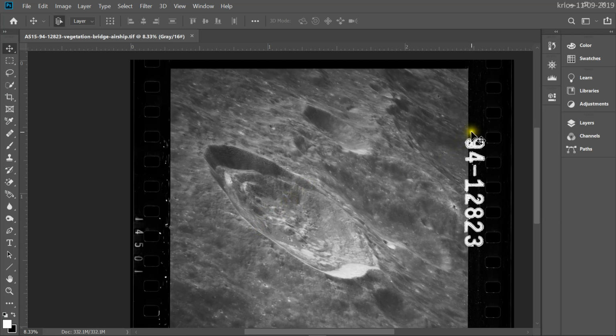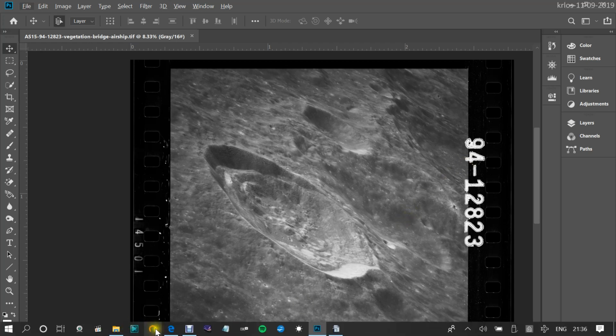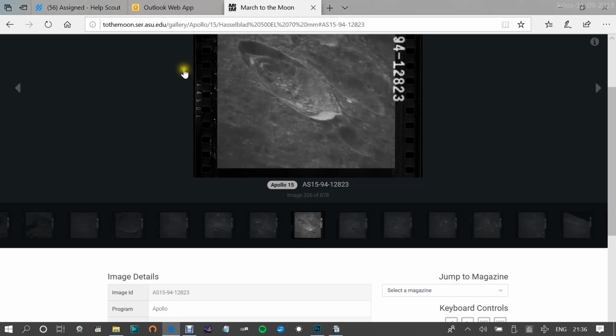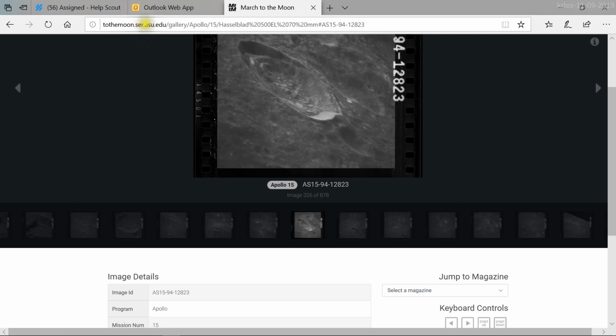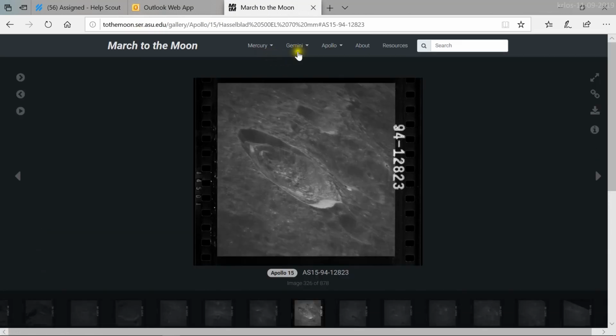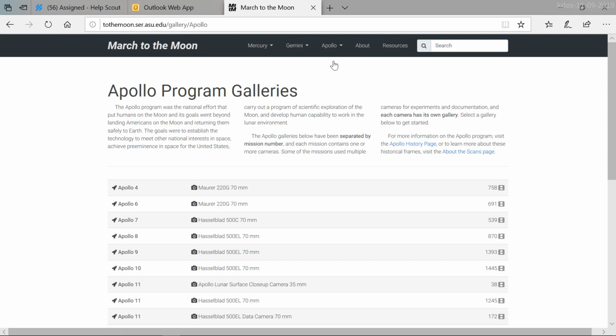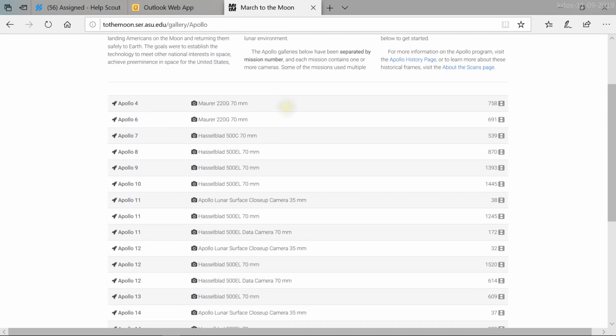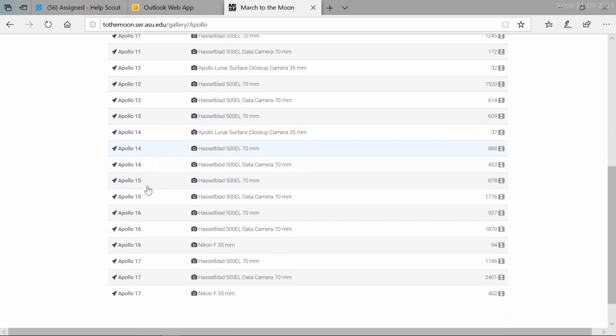Now, if you'd like to download this image, you can always go to this website, the moon ser.asu.edu, or you can search in Google and you can download the image from different places. So, if you go to this website, you click on Apollo. In here, you got different missions. So, if you go to Apollo and then you go to Image Gallery, and then search by, if you look for Apollo 15,